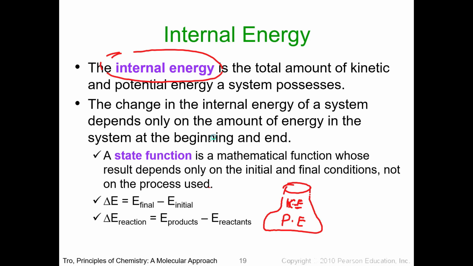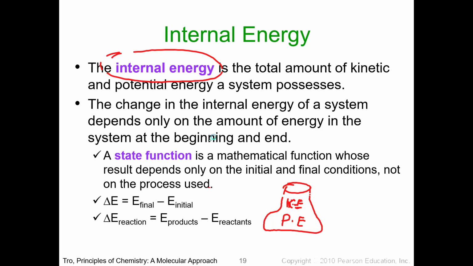So the change in internal energy of a system depends only on the amount of energy in the system at the beginning and end. It doesn't consider what happened in between. So that is why internal energy is considered a state function. As a what? State function. So a state function is a mathematical function whose result depends only on the initial and the final condition,